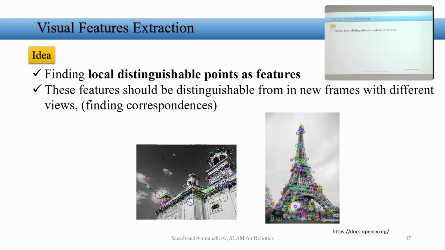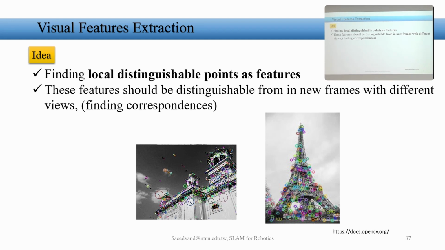So what's the idea of the first stage? We can say finding local distinguishable points as features. If I find a feature from the table surface over here, it's almost useless, because if I move here, it's almost the same, right? If I'm looking at this wall and try to extract features from here, this plane is useless, because if I go somewhere else, it will be pretty similar. So the motivation is to find the distinguishable points. Like, if this is my view, the most important are these corner features. So the idea is to find distinguishable features,